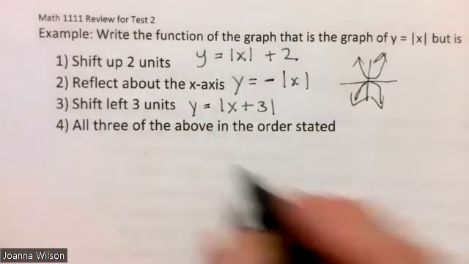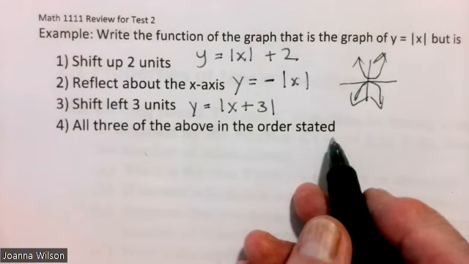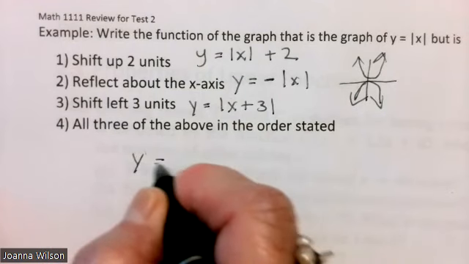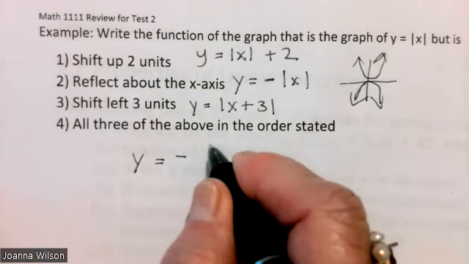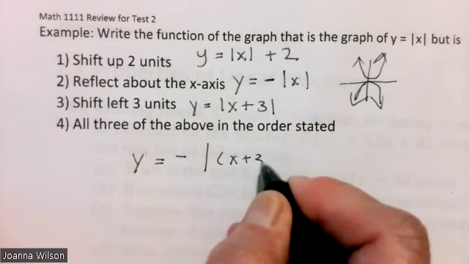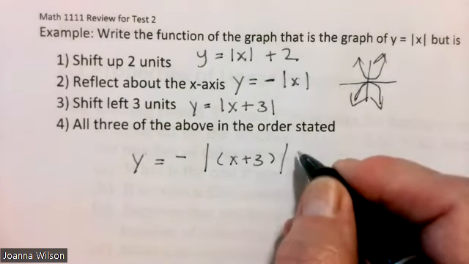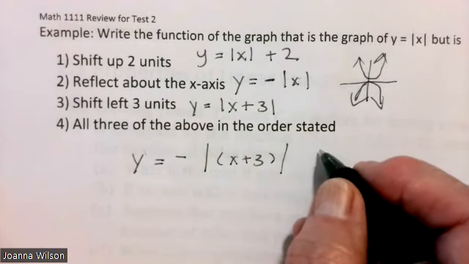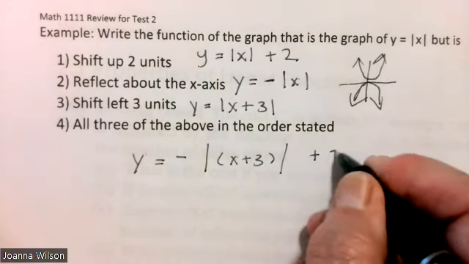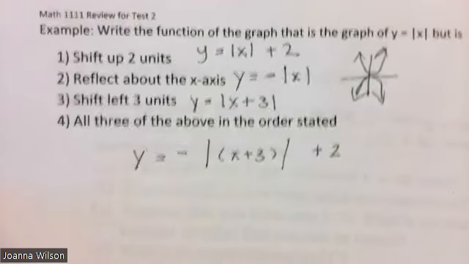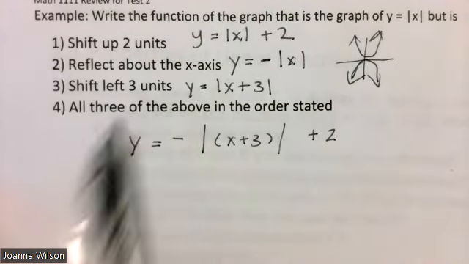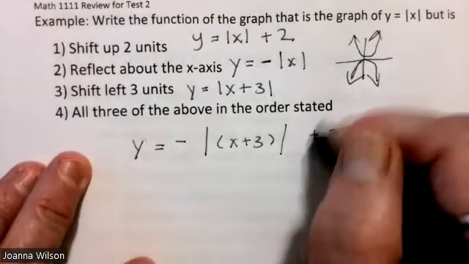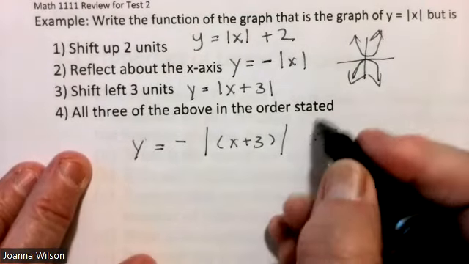And then 4, all 3 of the above in the order stated. So the way it would go, y equals minus the absolute value of x plus 3. And then it should be plus 2. Okay. This should be a -2. All right. Because if you think about it,